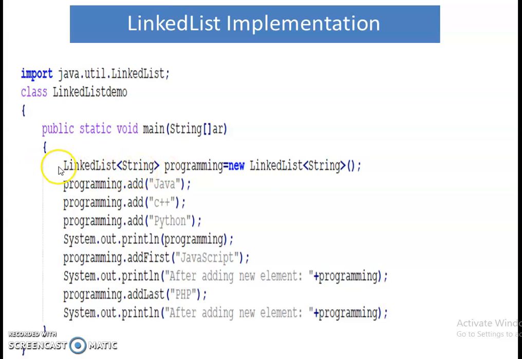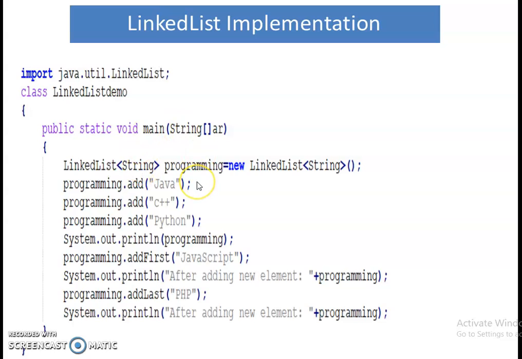This is the statement to create a linked list named programming, and it is going to hold String type of elements. Whatever type of elements the linked list is going to hold, we need to specify the type over here, right? If it is going to hold integer type of value, we need to specify Integer over here.